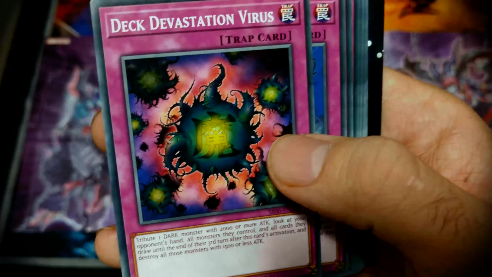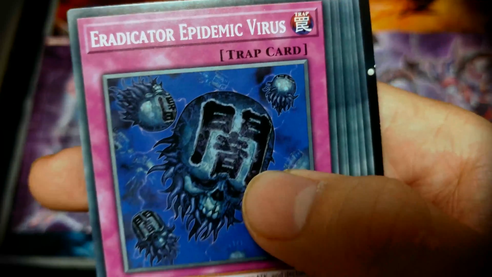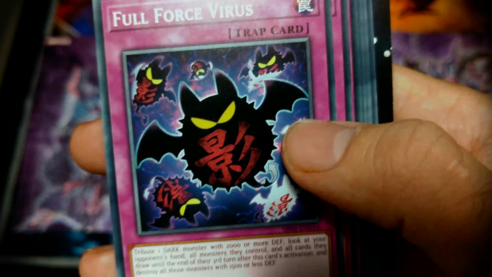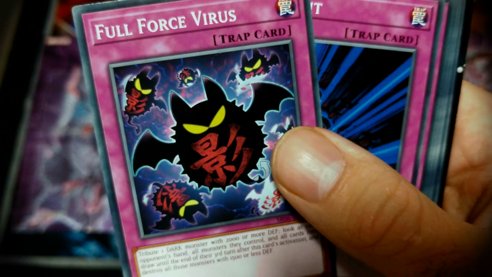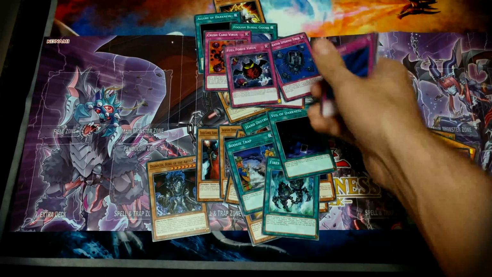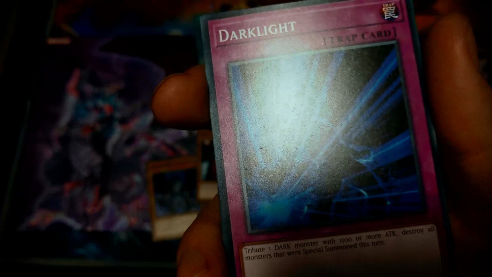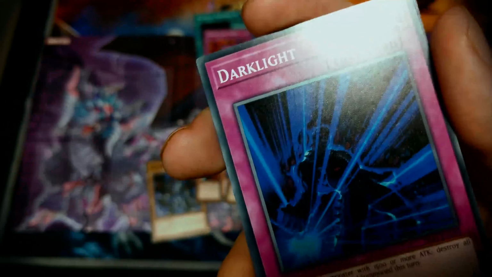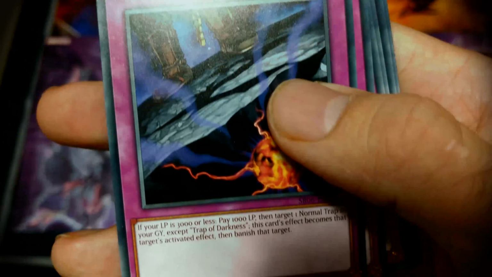We got Deck Devastation Virus 2, Eradicator Epidemic Virus, the most crazy virus, but this bad boy is still at 1, which is kind of lame. Full Force Virus, a common reprint, even though the secret didn't come out all too long ago. But it's cool. We also just had an ultra reprint of this as well, so that's interesting. So again, viruses are just good to keep in general because of sort of what they do. They're one of those good sort of generic trap cards you just keep just in case one day you ever play a deck that needs them instead of having to pick them up. And then we've got a couple other fillers. We've got Dark Light, Trap of Darkness, and